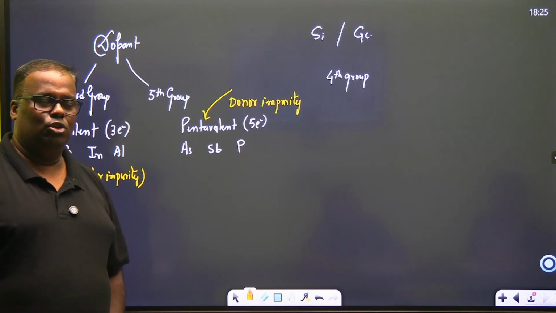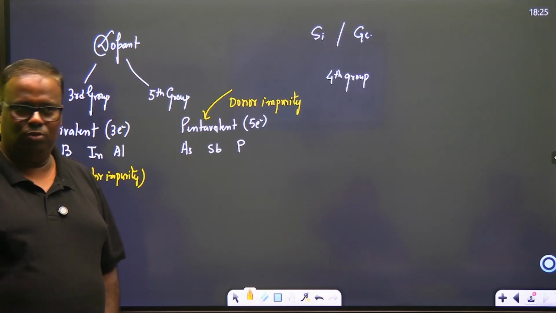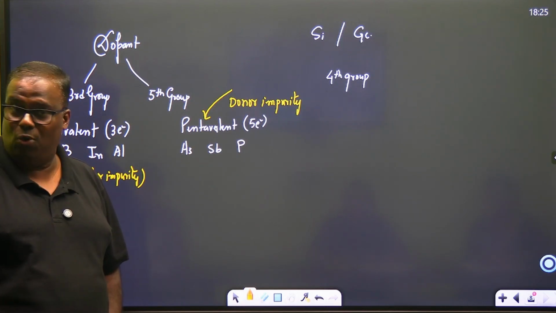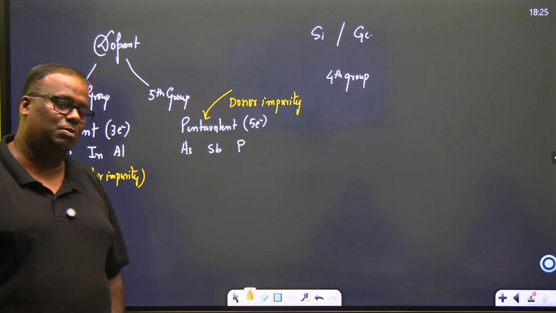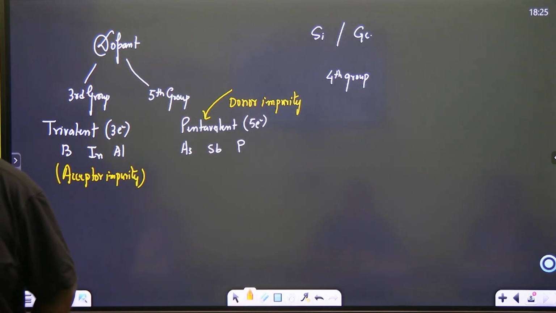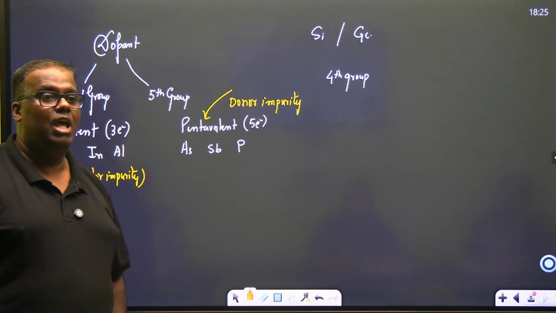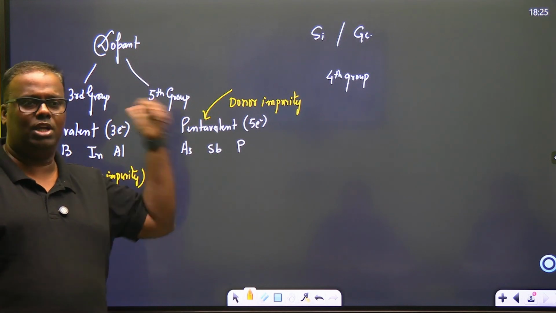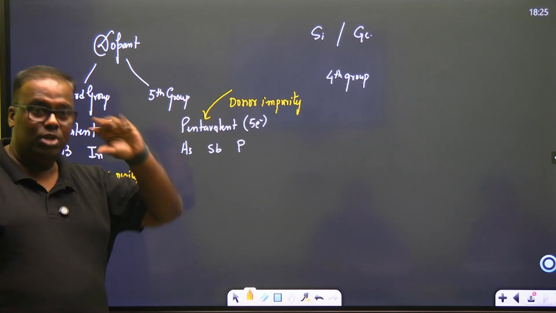So, will we discuss conductor anymore? No. Will we discuss insulator anymore? No. Will we discuss intrinsic semiconductor anymore? No. We will discuss extrinsic semiconductor. What is an extrinsic semiconductor? An intrinsic semiconductor which has been added or doped with, doped means desired quantity addition of an impurity. The impurity can be trivalent or pentavalent to increase its conductivity.